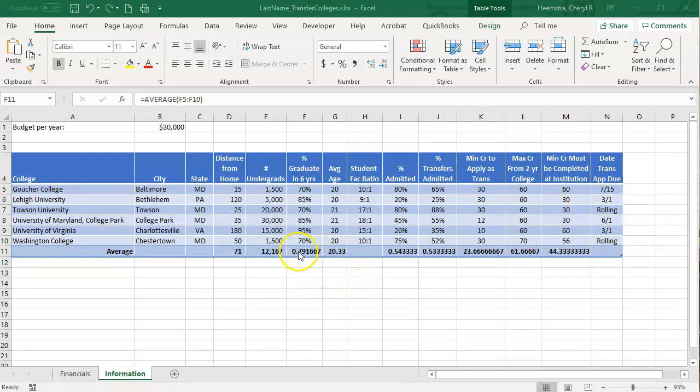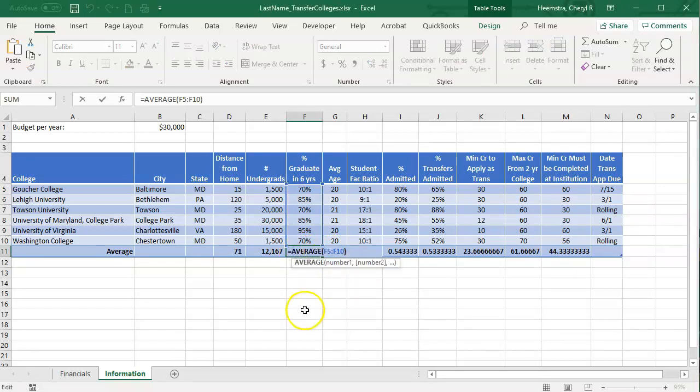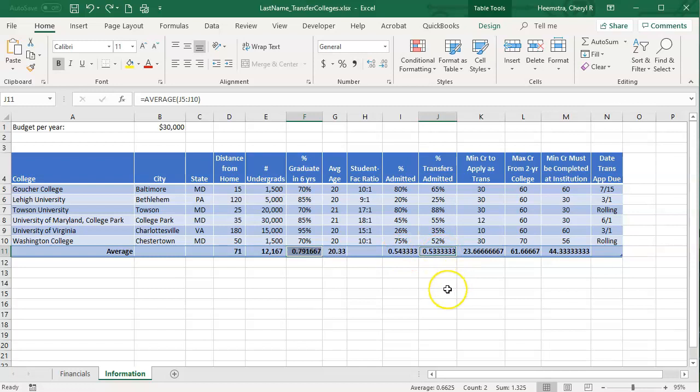Next, we're going to format the cells that are in percent. So we're going to click on F11, hold down the Control key and click on I11 and J11. Holding down the Control key allows you to select non-contiguous cells, and you're able to apply the formatting to all of them at once. So we're going to click on the percent icon and then make sure that we click on center